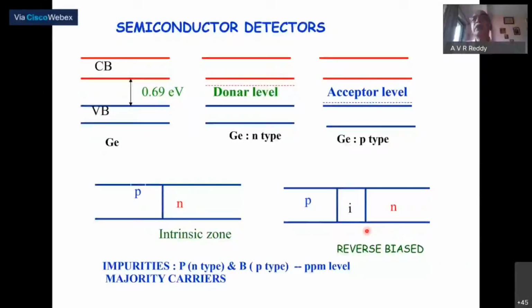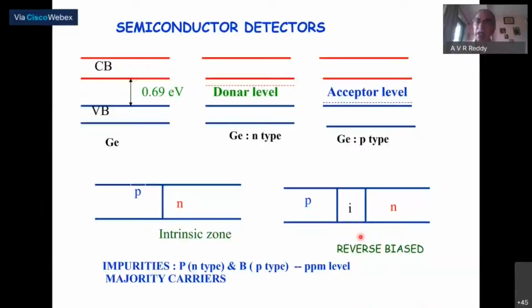Why do you need a charge-free zone? Because, since the band gap is so low, even the ambient temperature and light can cause excitations. Thermal excitations are common. That is the reason why we cool these things. In addition, if there is an electron moving in this or a hole moving in this, we should ensure that it is subsequent to the interaction of radiation with matter, not because of the ambient conditions. That's why we go for pure materials. That is why high-purity germanium detector material has come with the technological innovations.